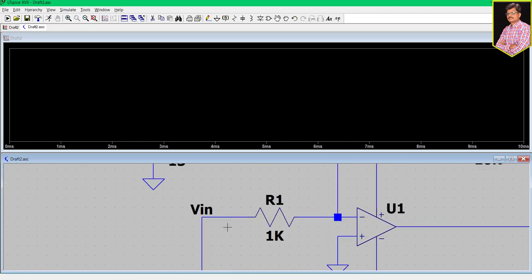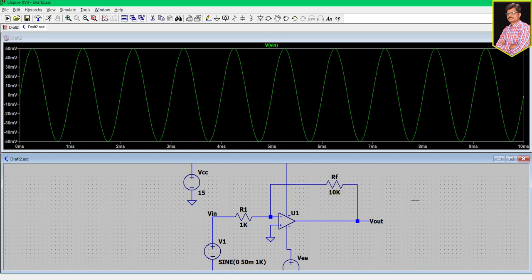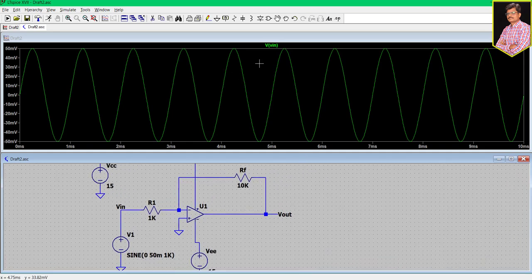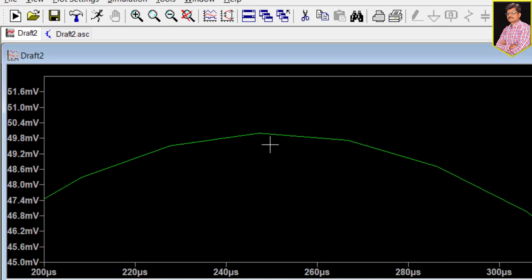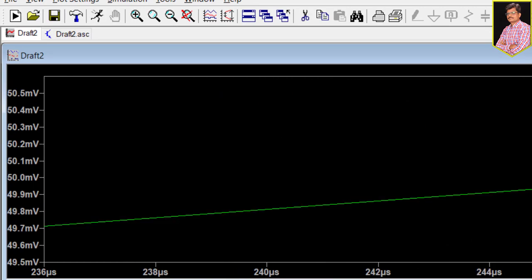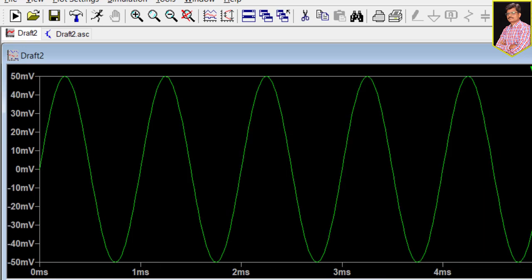For example, you put that pencil symbol at the V input and left click on it, and automatically the input will appear in the graph at the top place. Just ensure and show to the students that it is exactly 50 millivolt. You can zoom in and zoom out also.